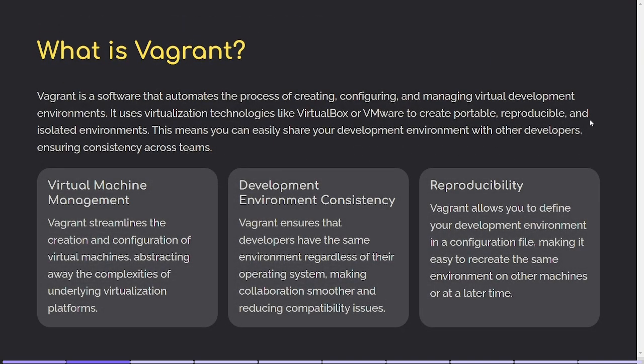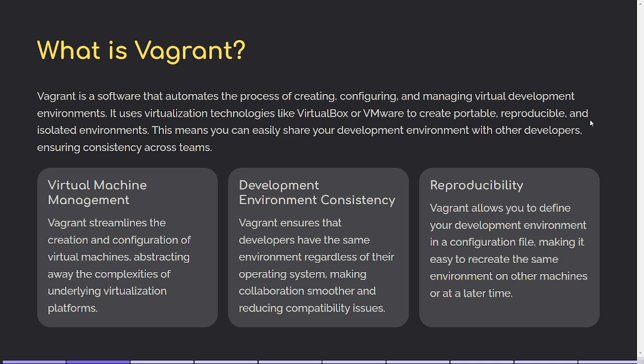So Vagrant is software that automates the process of creating, configuring, and managing virtual machine environments. It uses virtualization technology like VirtualBox or VMware to create portable, reproducible, and isolated environments. That means you can easily share your development environment with other developers, ensuring